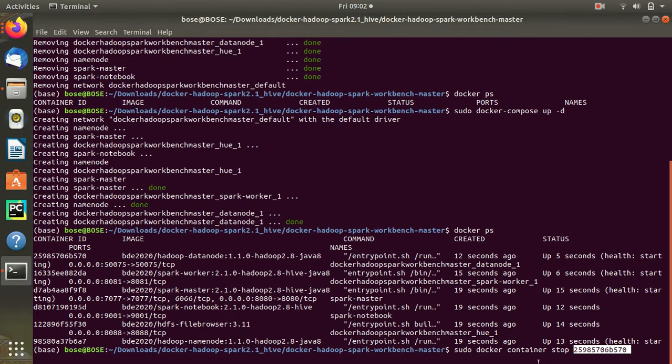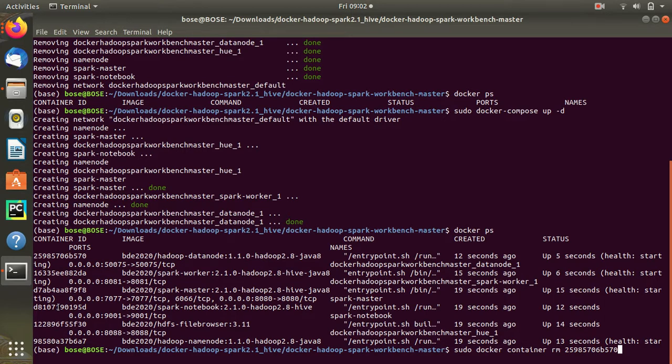Now once it has been stopped, I can go ahead and remove the container or the node. For that the command is rm. So unless and until you stop it, you cannot remove it. So if you have an error, you have to do a remove. Say 3 nodes have started, as I was telling, and 3 have not started.